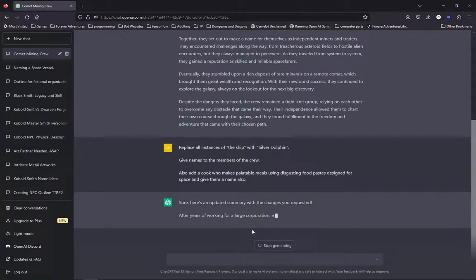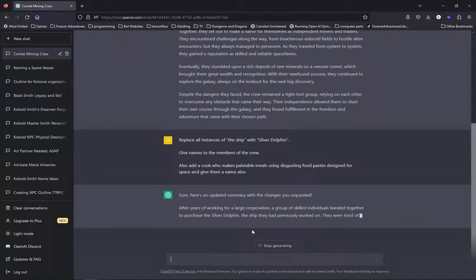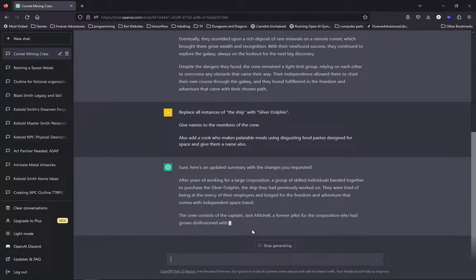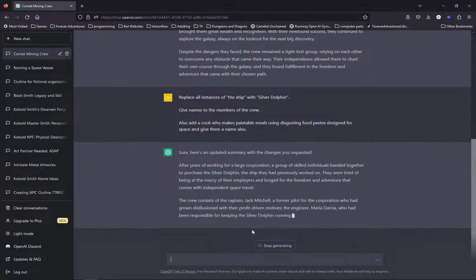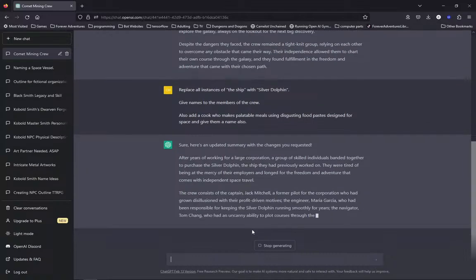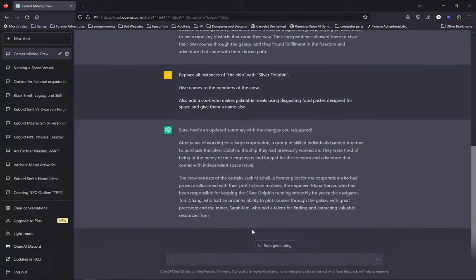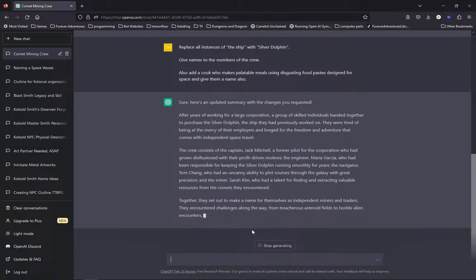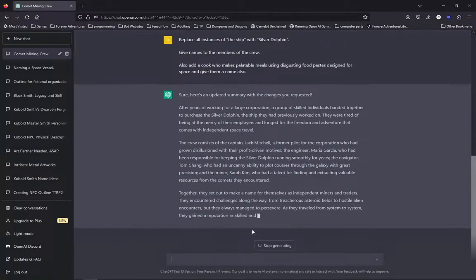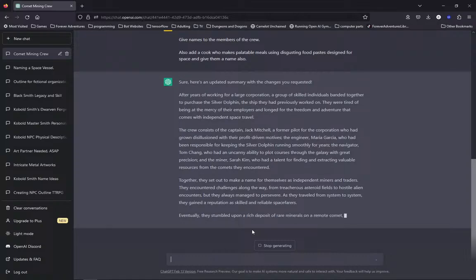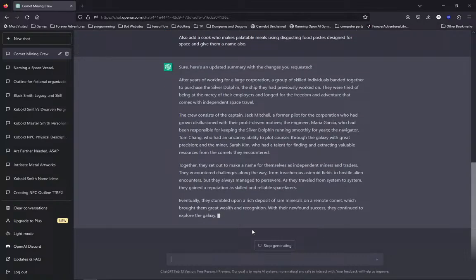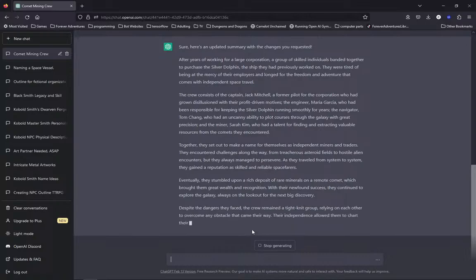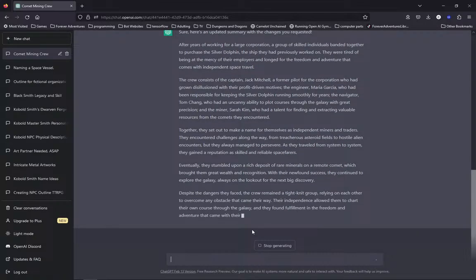Sure, here's an updated summary with the changes you requested. After years of working for a large corporation, a group of skilled individuals banded together to purchase the Silver Dolphin, the ship they had previously worked on. They were tired of being at the mercy of their employers and longed for the freedom and adventure that comes with independent space travel. The crew consists of the captain, Jack Mitchell, a former pilot for the corporation who had grown disillusioned with the profit-driven motives, the engineer, Maria Garcia, who had been responsible for keeping the Silver Dolphin running smoothly for years, the navigator, Tom Chang, who had an uncanny ability to plot courses through the galaxy with great precision, and the miner, Sarah Kim, who had a talent for finding and extracting valuable resources from the comets they encountered.